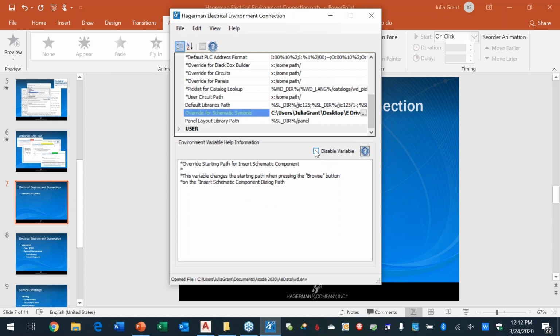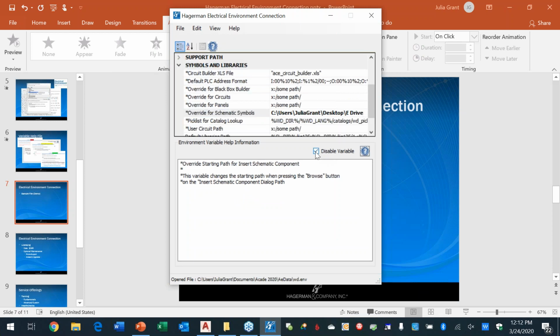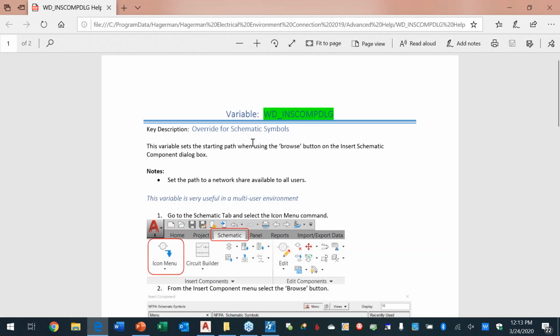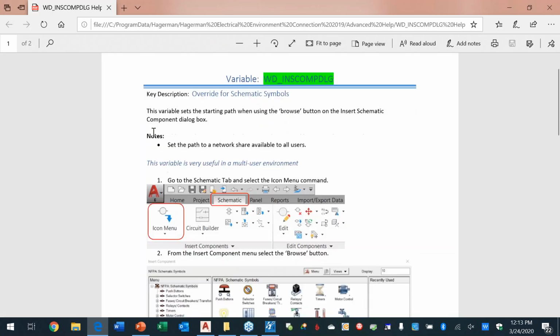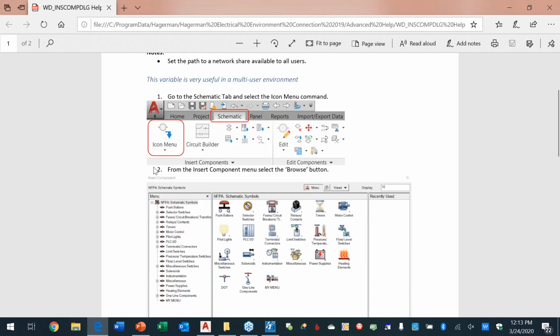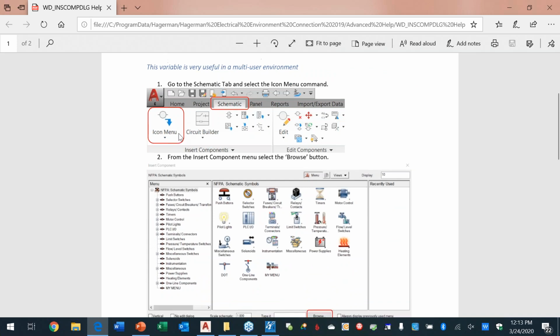At the same time, you can see disable. That simply disables it or enables it. Also, when I hit the help in this particular case, this again shows it's green. In other words, probably want to do it. But then it shows you exactly, and I'm going to go through this, it's going to show you how this